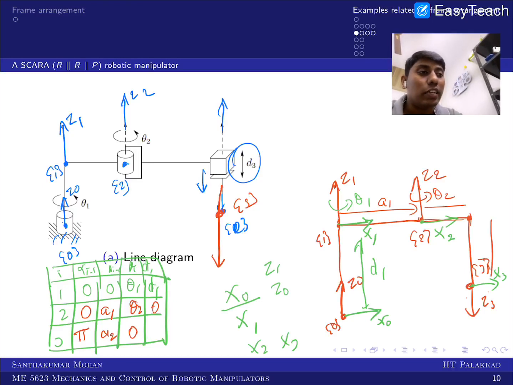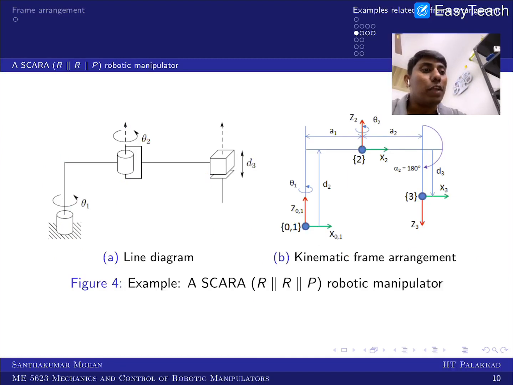But you can see that there is actually an active joint along z3, so that is d3. So this is what we can do here. You can see that this is the frame arrangement which we have done earlier. This frame arrangement is slightly different from what we have done. We have chosen z0 and z1 here itself, so in that case this vertical distance is supposed to be covered for the second frame.